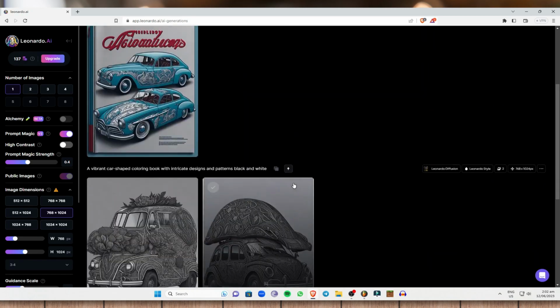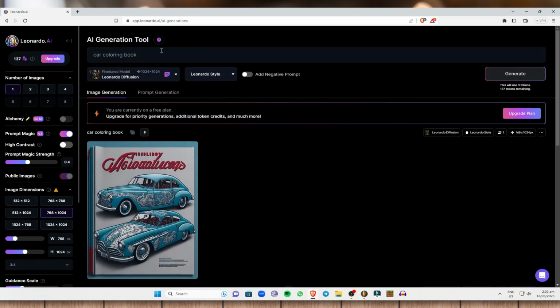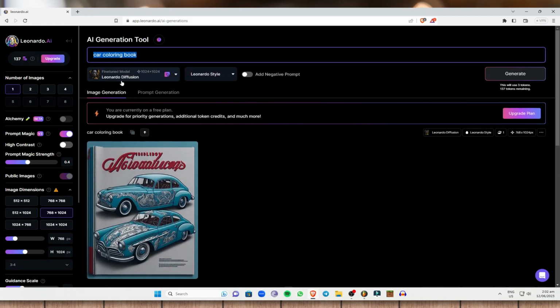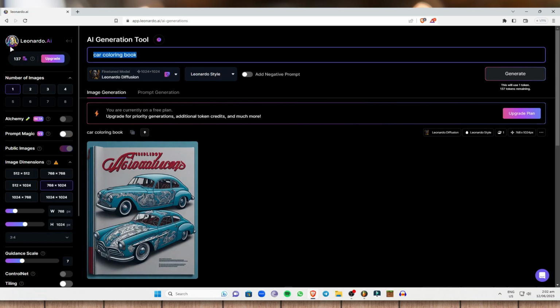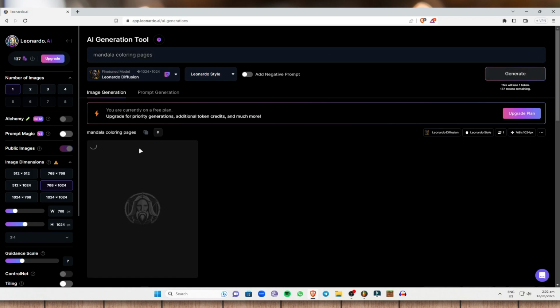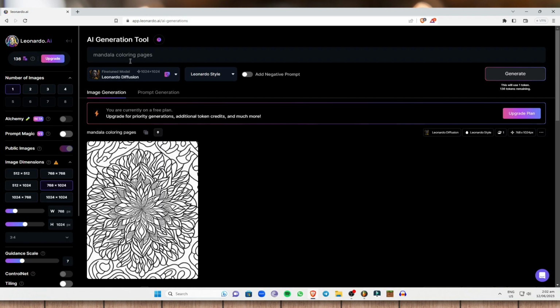So now let's say, for example, we want a mandala coloring book. So let's just turn this one off, and let's just say mandala coloring pages. So I'm just gonna click on generate, and as you can see right here, it will now start generating again. So you can actually play with this a little bit, but make sure that your prompt is correct, so that you won't have some